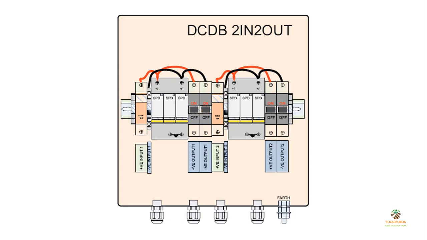As you can see in the circuit diagram, this is a two string DC-DB. On the left hand side, one string is coming and you can see the positive terminal of the string is going through the fuse and getting connected to the positive of the SPD. And the same terminal is going to the positive input terminal of DC MCB. If you follow the negative input terminal of the string, it is connected to the negative terminal of SPD and going to the negative input of MCB, and you can collect the output from the output of these two pole DC MCB. Second string is also following the same route.